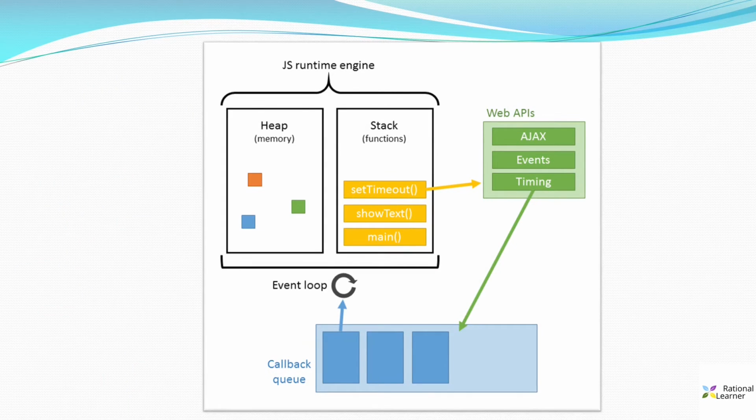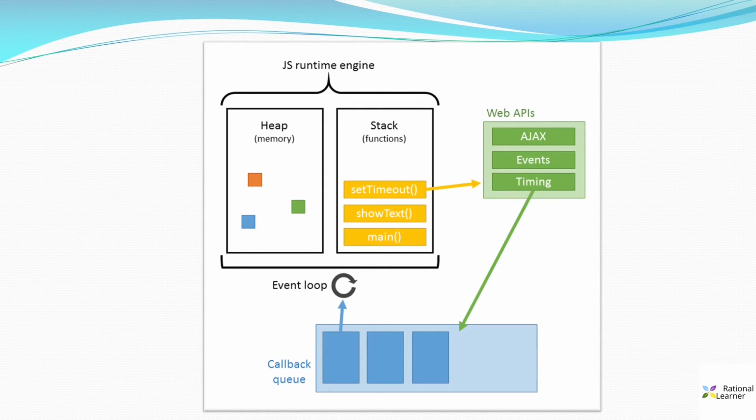Now let's see how JavaScript runs internally in detail. On the client side, the JavaScript runtime engine is the web browser. As you see, the diagram looks really complex, but it is very easy to understand. JavaScript runtime consists of two components, heap and stack. Heap is used to store JavaScript objects and stack is used to store JavaScript functions. Along with these, there are two more components, that is event loop and callback queue. Apart from the JavaScript engine, the browser contains different applications like sending HTTP requests, listening to events, delaying execution using setInterval and setTimeout, which come under web APIs.